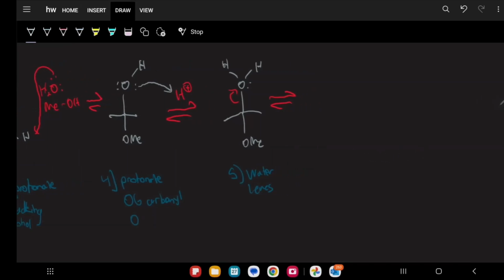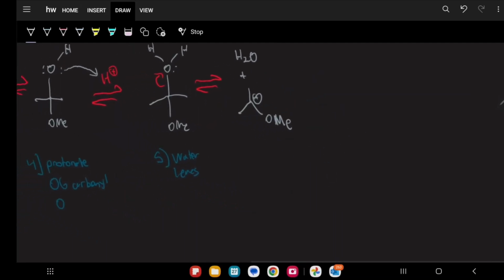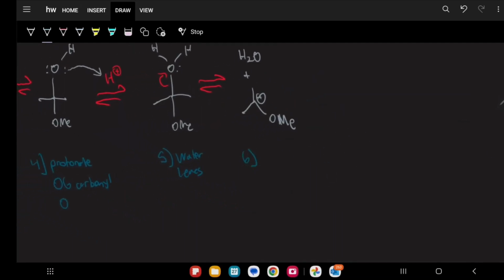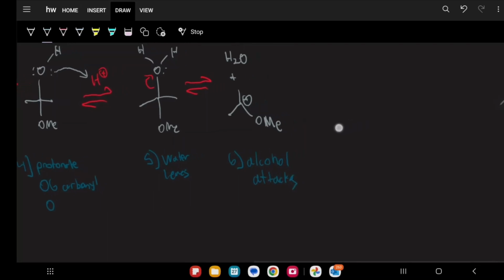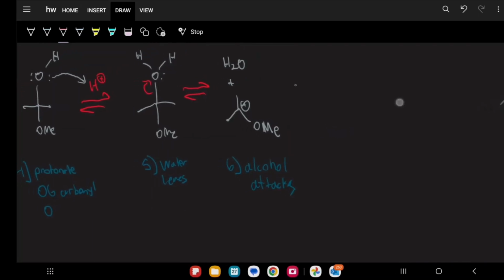And this would net us H2O, but then we would also have a carbocation. This is where, in the sixth step, an alcohol would attack again. So since we used MeOH, the second equivalent of MeOH would attack this carbocation,